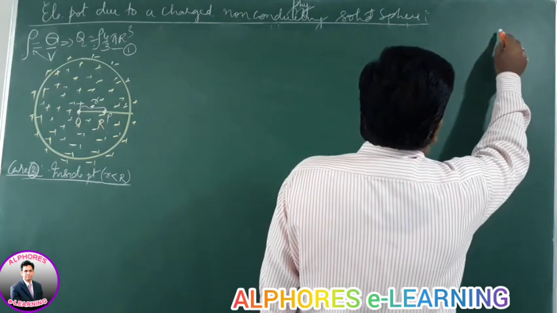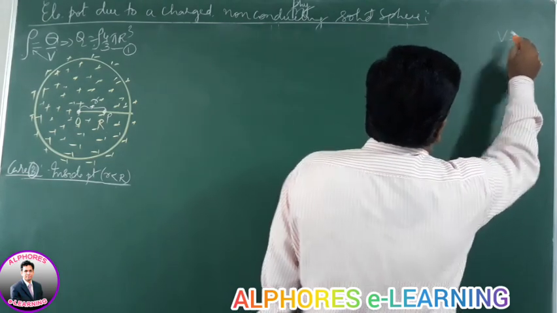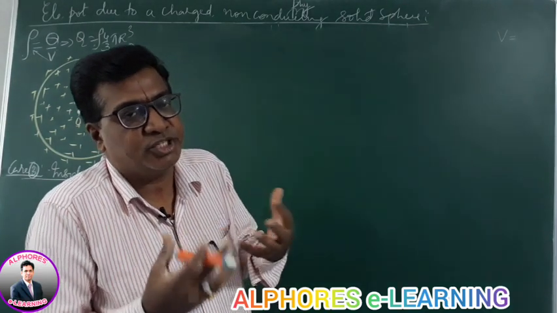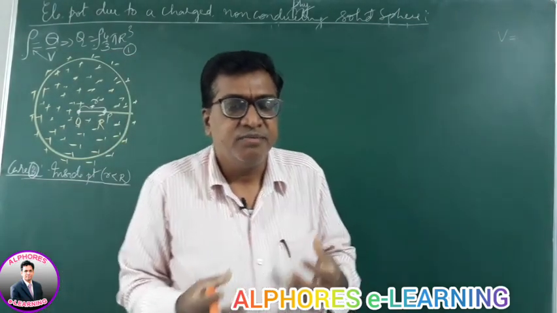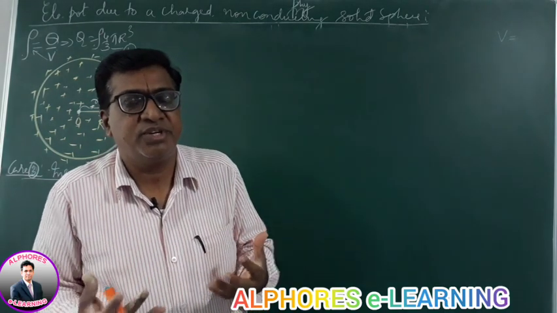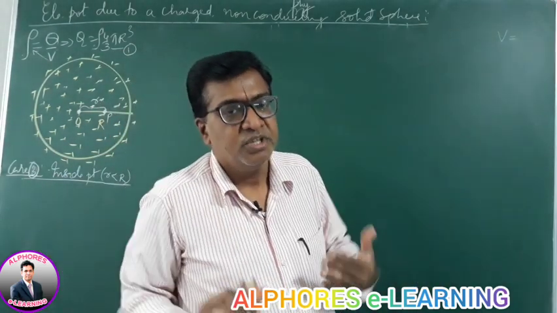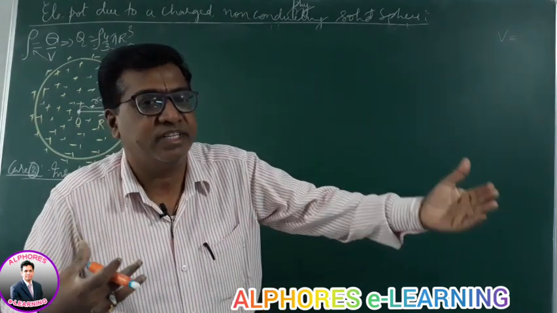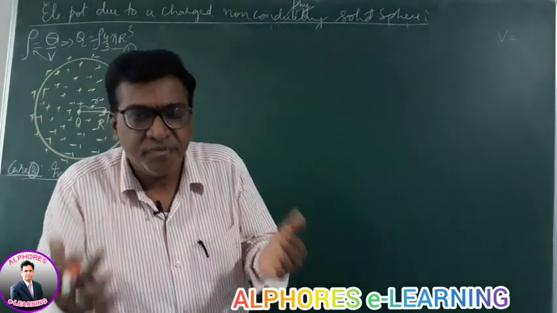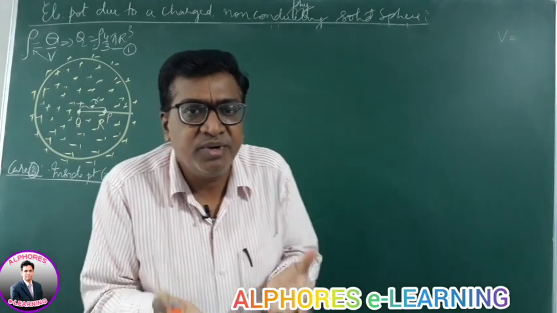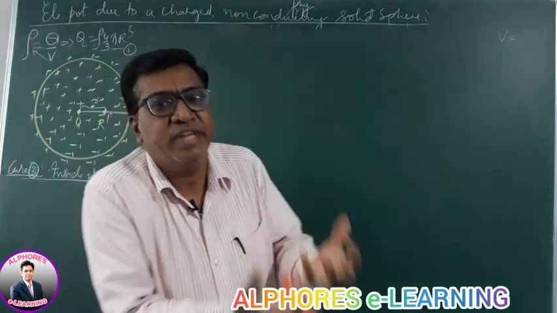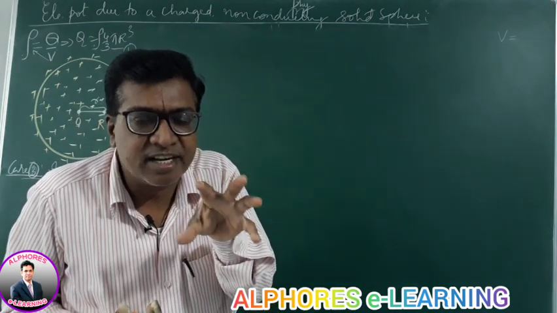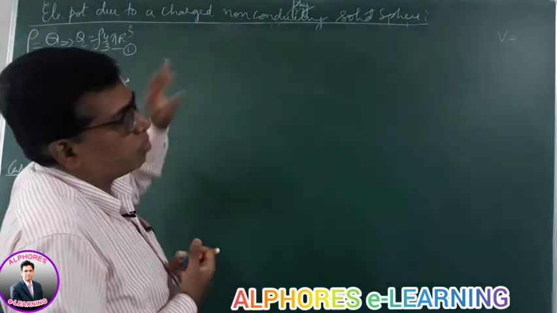We know potential is defined as, right? Actually, electric potential is the state of a body which determines the direction of flow. It is the electrical state which tells you whether you are in a state of giving charge or taking charge. If you are at high potential, you are in a state of giving charge, so charge flows out of you. If you are at low potential, you are in thirst of charge, so you need charge and the charge flows towards you. So the state which determines the direction of flow is electric potential.